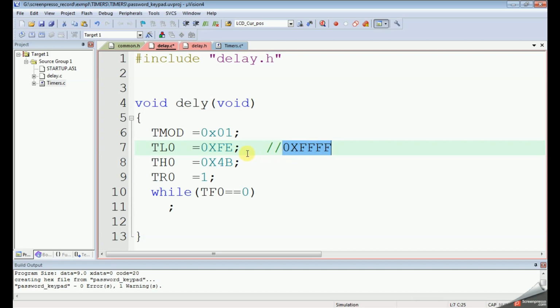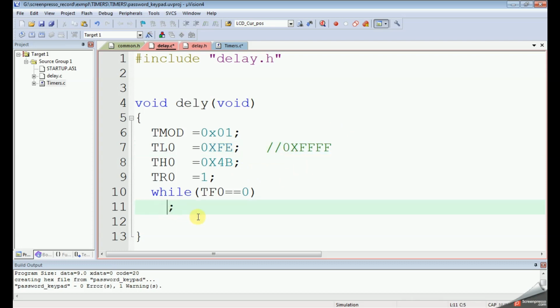That many counts means the required 50 millisecond delay is generated. So whenever the timer flag rises, that is nothing but overflowing, and our delay is generated.